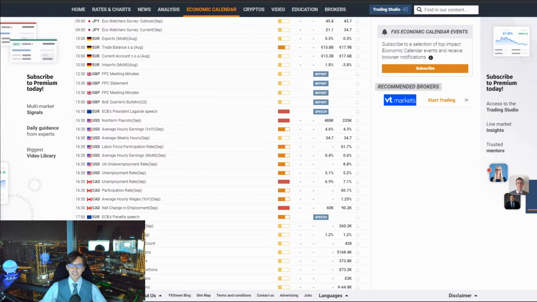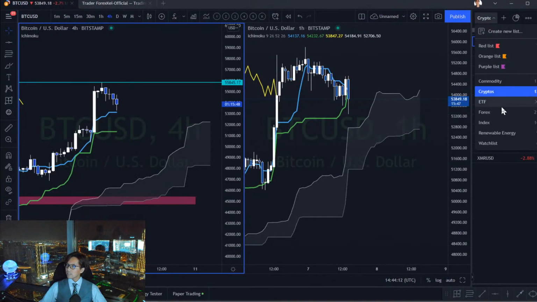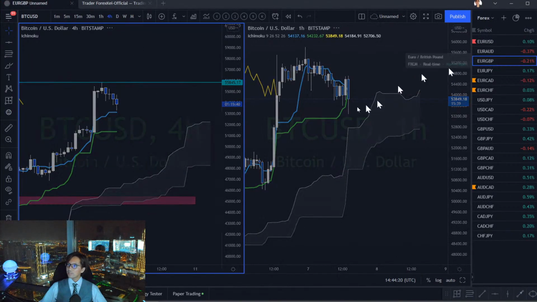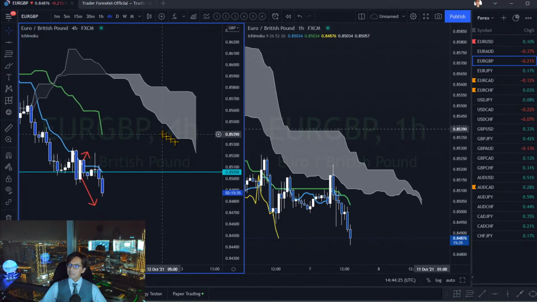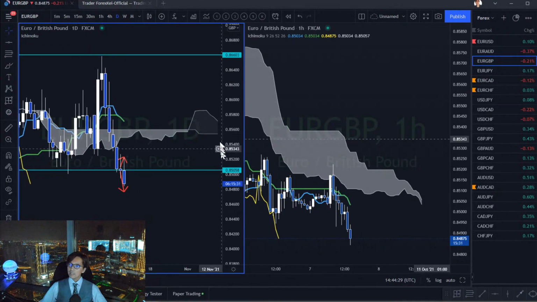All right, Euro Pound trending in the forward chart. Okay, let's see. Euro Pound in the forward chart. So I will use double time frames today. So Euro Pound. Yeah, looks like it's downtrending. Let me see. Daily chart,